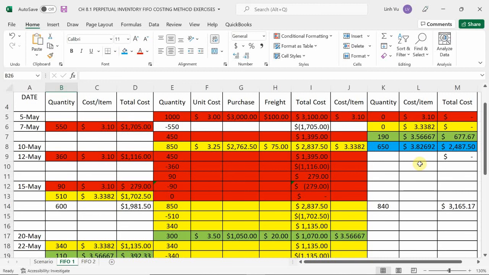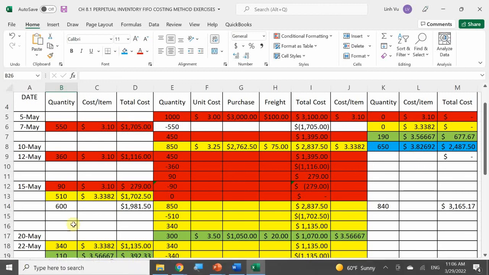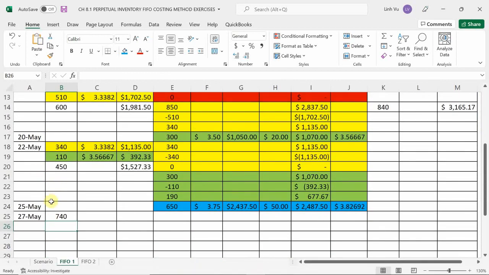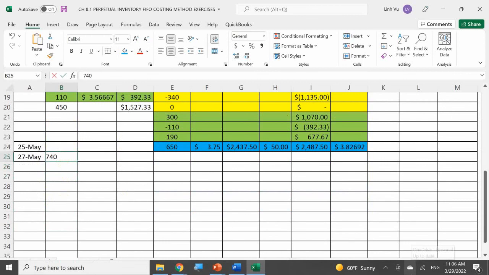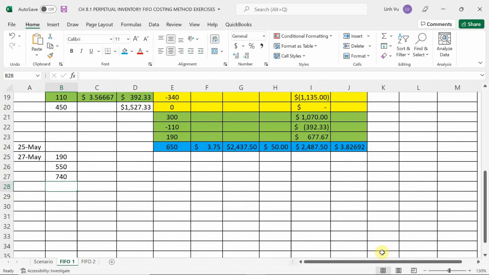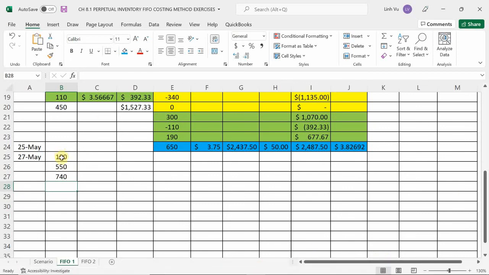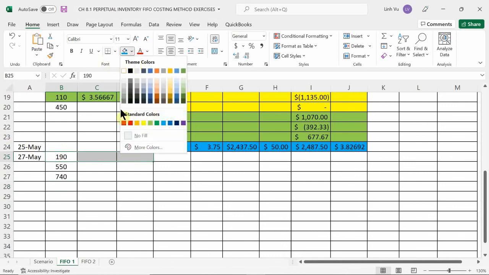So in this case, 190. And then I need to figure out how much of my blue batch I need to sell to get to 740. I need to know what 740 minus 190 is, which is going to give me 550. And that's going to give me a total of 740. Since I'm going to get rid of the entire green batch here,